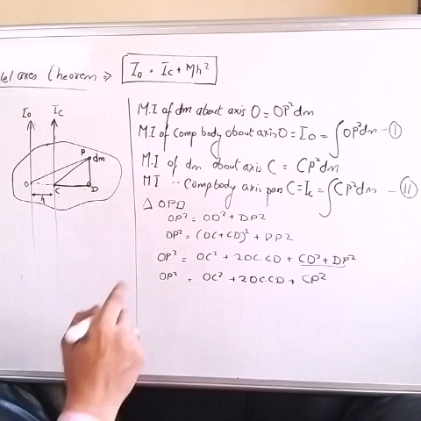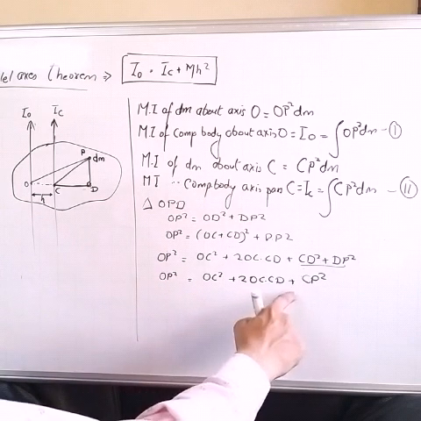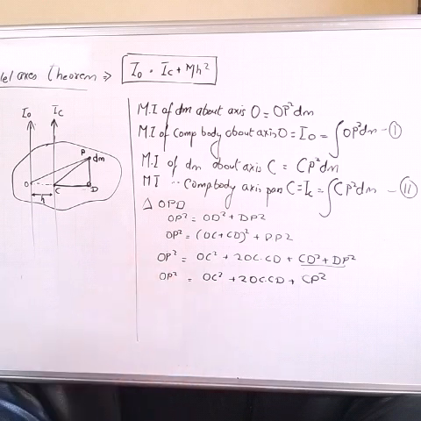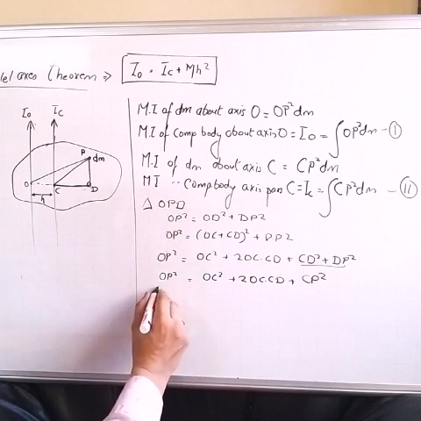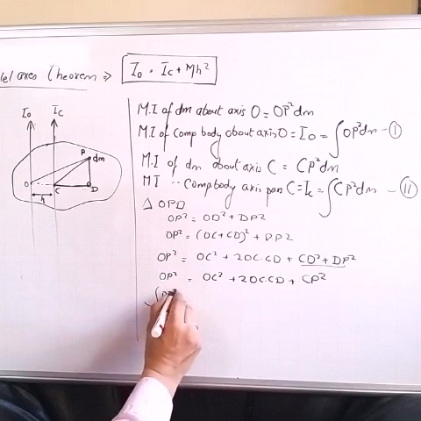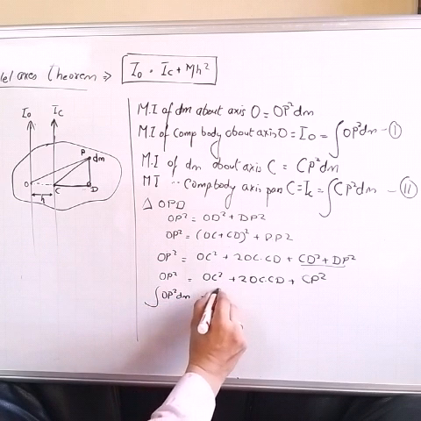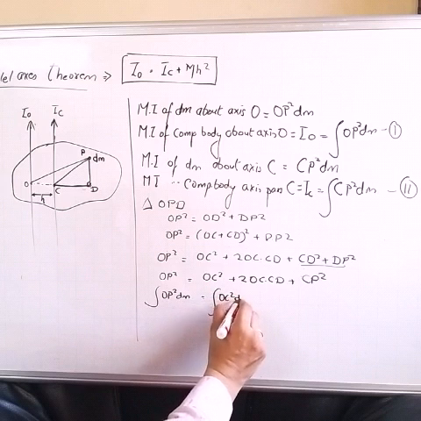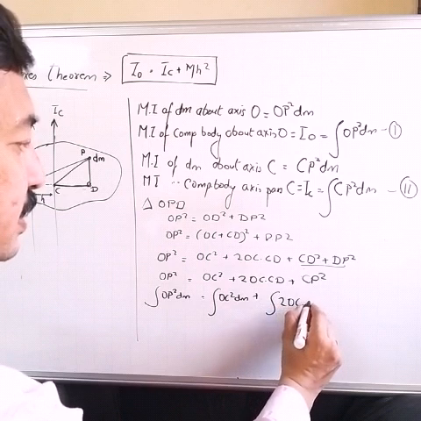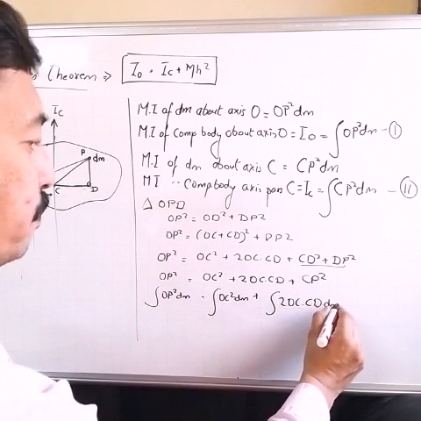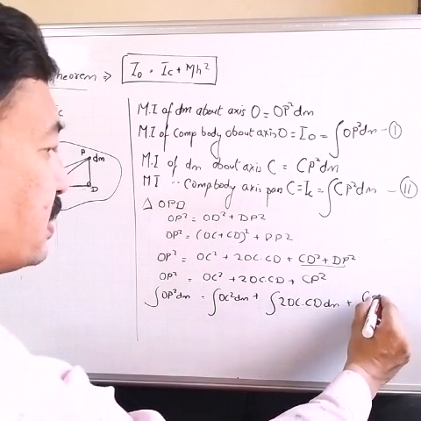Now what I do, I multiply throughout by dm and integrate it. I'll do integration on the whole equation. What I get is integration of OP square dm equals integration of OC square dm plus integration of 2 OC CD dm plus integration of CP